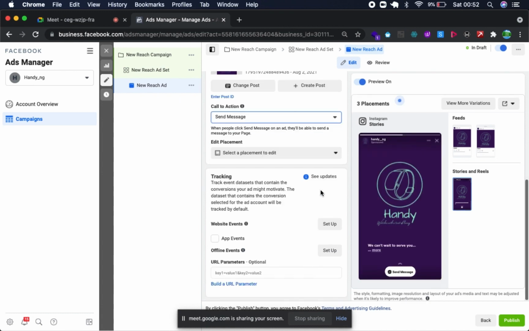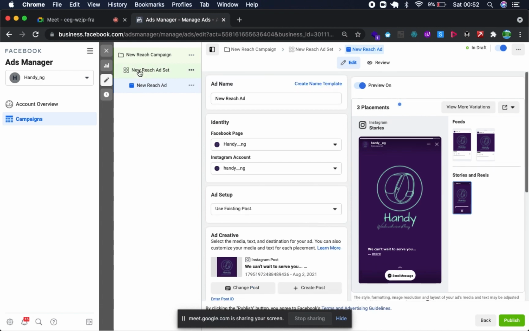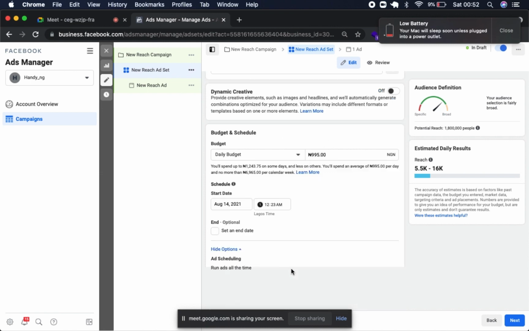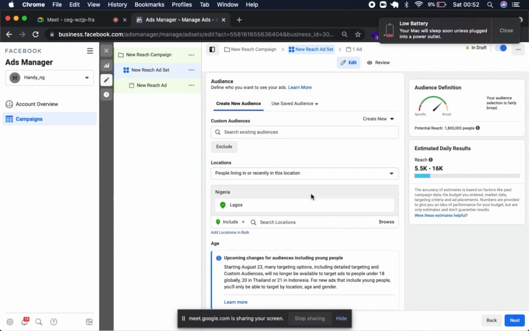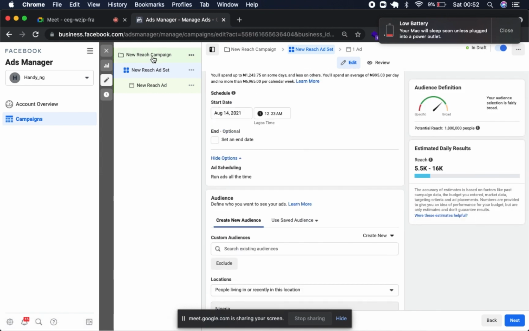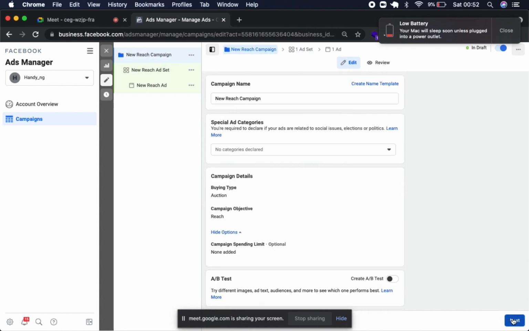So after going through everything, remember this is where, in my own opinion, most of the work is. This is where we're doing all the settings and everything, and maybe you're satisfied. You just come back here and publish.